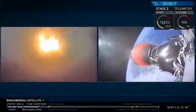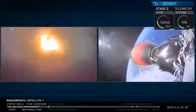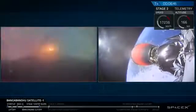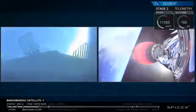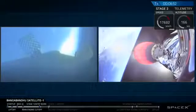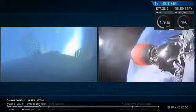At this point, the Falcon 9 first stage is actually only about 10% of the mass that it was on the pad, so it's pretty empty of fuel and liquid oxygen right now. So this entry burn is only going to last a few more seconds before cutting off. And there it is. Stage 1 entry burn shutdown. Drone ship has...